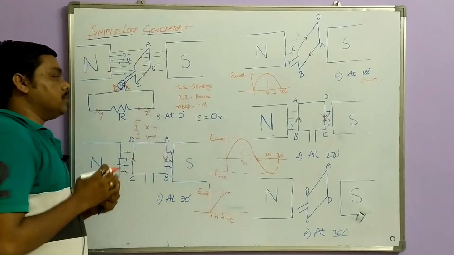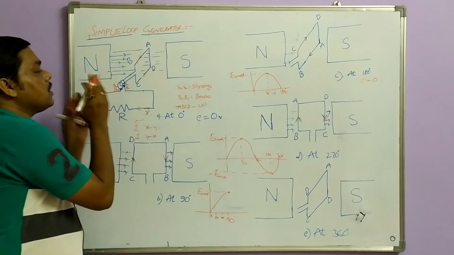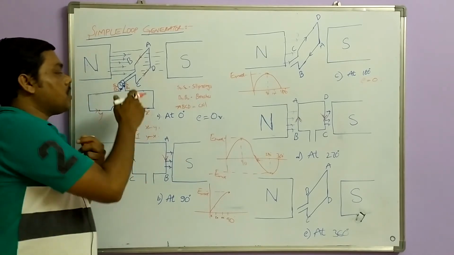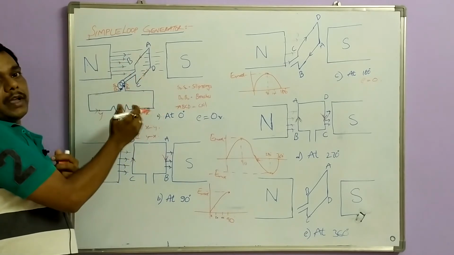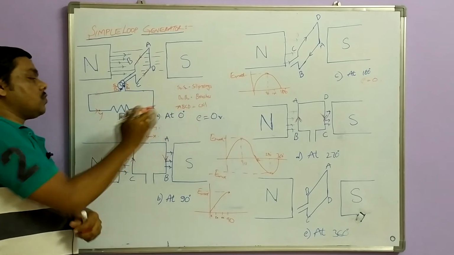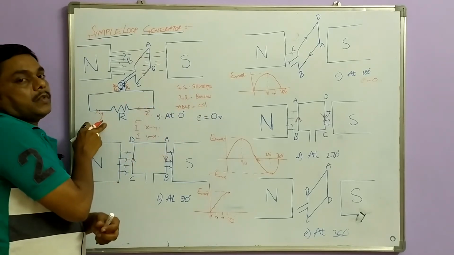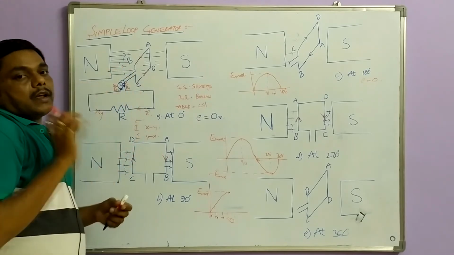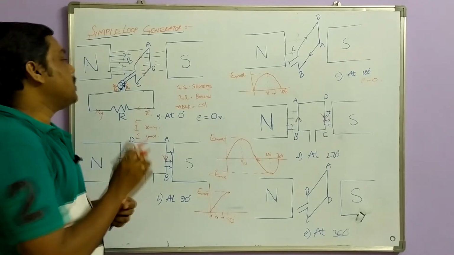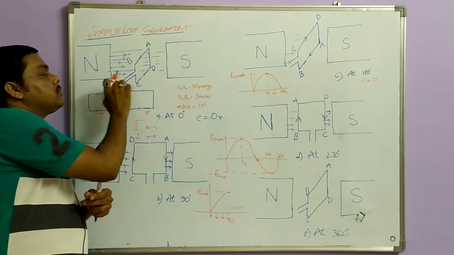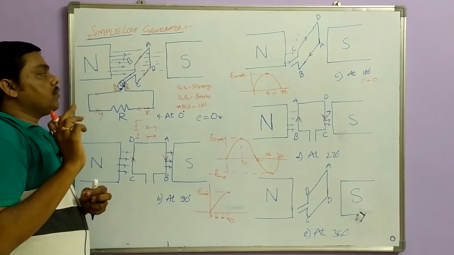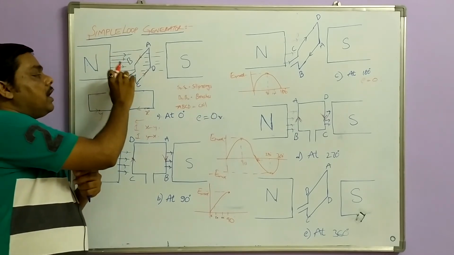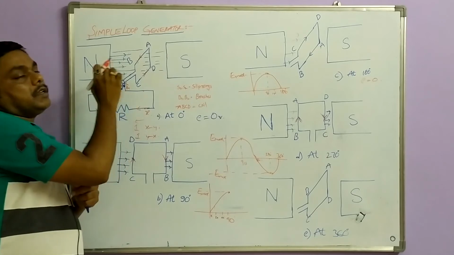This is the AC induced EMF, so you have to convert this EMF into a DC EMF. That means you have to convert the current into unidirectional current, so that the current always flows from X to Y or always from Y to X. Now what do you have to do? You have to replace these slip rings with a ring called a split ring. When you replace the two slip rings by one split ring, the split ring automatically rotates with the coil and the direction of current remains the same.